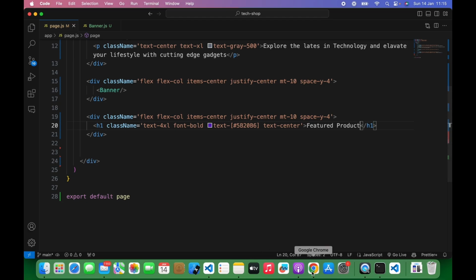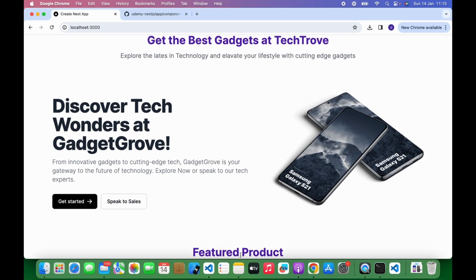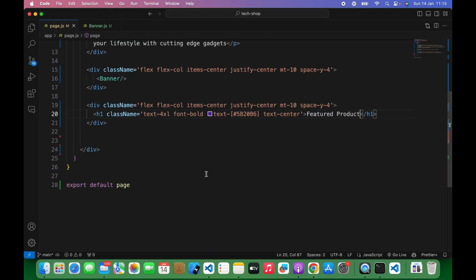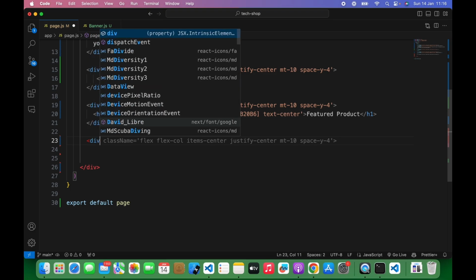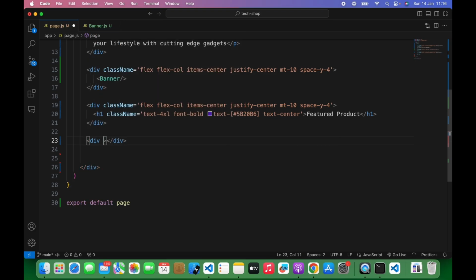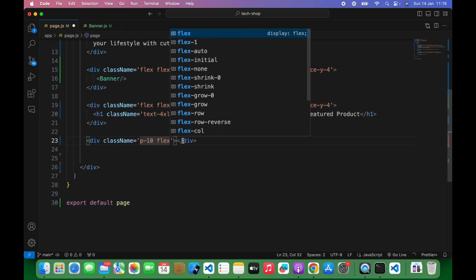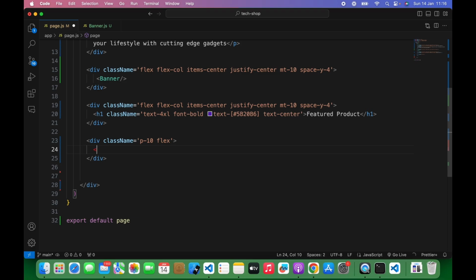Products. We save, come back here, then it says featured products. So that's what we want to do there. And then below this we want another div which is going to hold, and this div we want to give a bit of padding, so the padding is going to be 10, then we want to give it a flex. Okay, inside there we want another div, then we'll give it a class name,